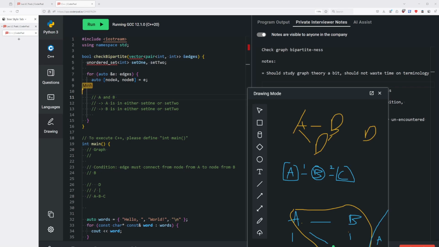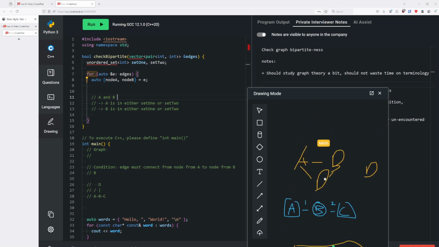It's safe because the invariant, the assumption I'm working with right now, is that at the start of every iteration of the loop, my current configurations for the sets are correct. Like in the example of A, D, and B, we have a cycle of three. So D is added to a set, and A and B are added to the other sets, right? Up until we see the edge A and B, that configuration is correct because